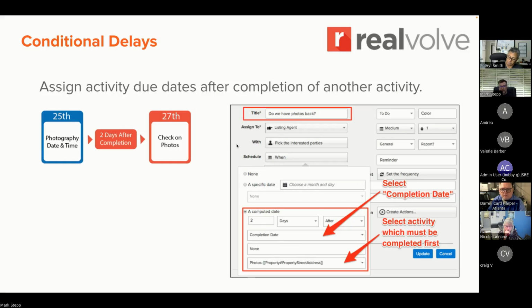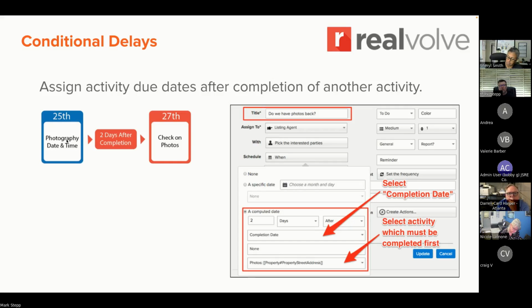So what that affords you is, if this date, the 25th, gets rescheduled to the 26th or the 27th, any activities that have a date computed off of its completion have no date specified. It's kind of like a to-be-determined value until after this date is actually